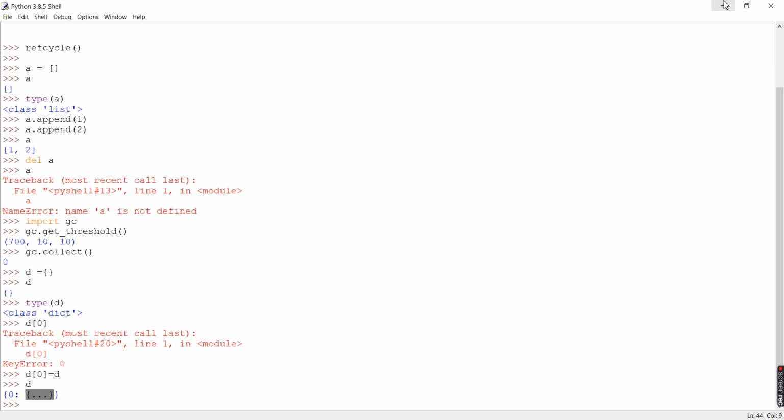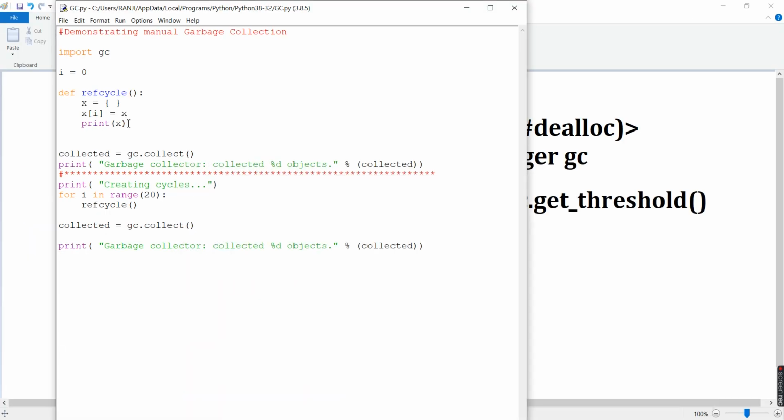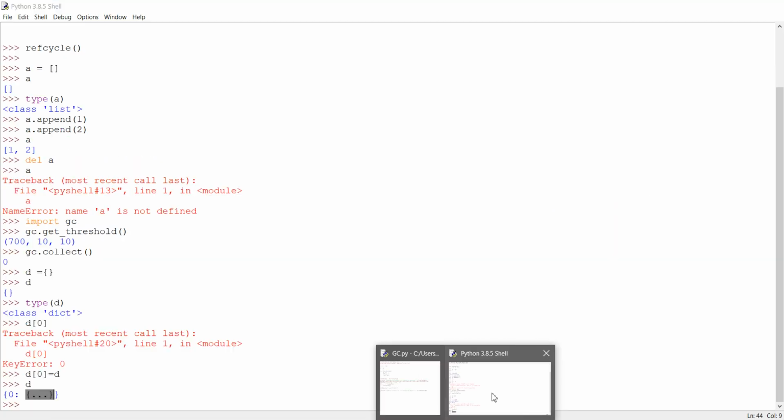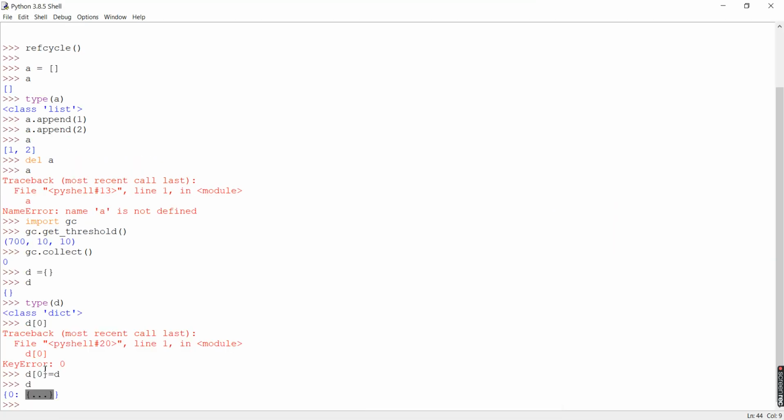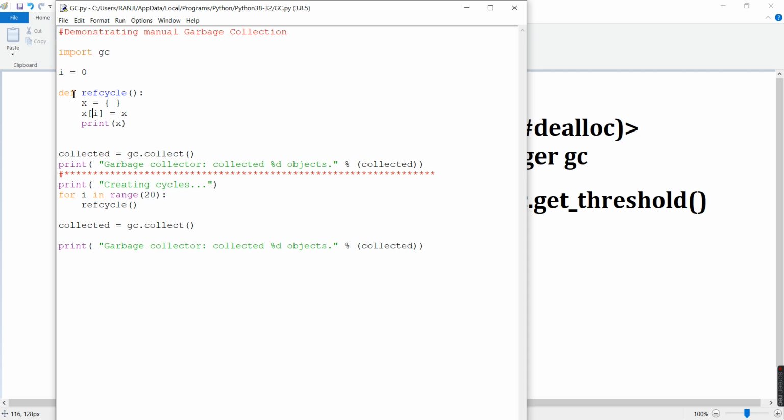For each iteration, starting from i equal to 0, I will have a specific range of garbage collection. Say I'm doing it for 10 or 20, so it will print from 0 to 19 if I have 20 cycles, or from 0 to 9 if I have 10 cycles. That is the basic idea of this particular function.